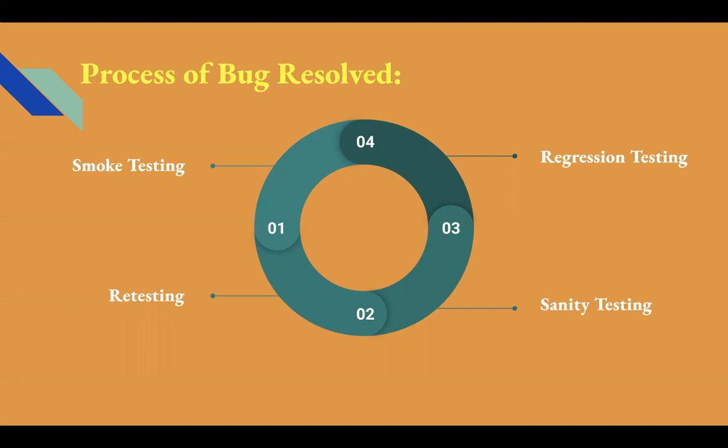Next, we will perform sanity testing, in which we quickly verify whether the feature for which the bug was resolved is working fine, meaning the whole feature. At the end, we will perform the complete regression testing to verify that other features are not impacted due to this change. For example, suppose on a website, we have a register page to create an account and there is a condition that the username must be unique.